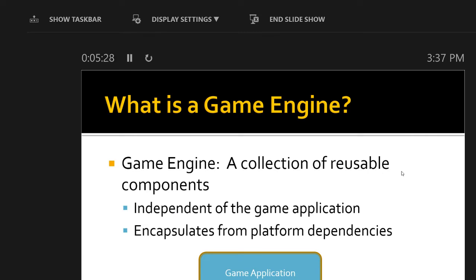So when we say game engine, you're talking about this sophisticated piece of software that we're reusing portions of in order to build the type of game that we want to construct. We use the word engine because it has some similarity to a car engine, which is what's powering it to get it to go.